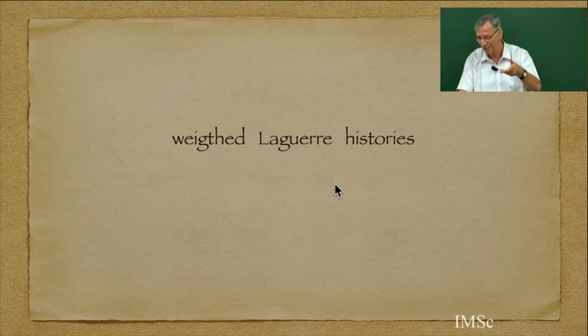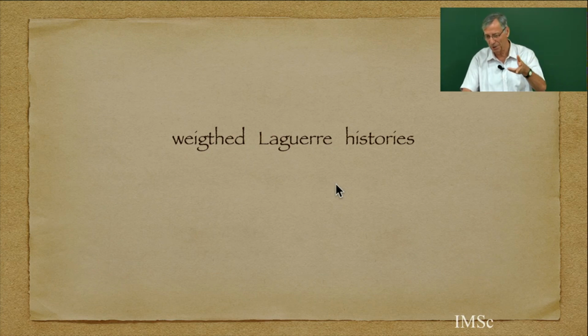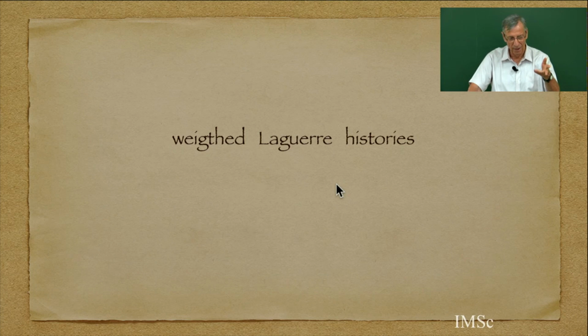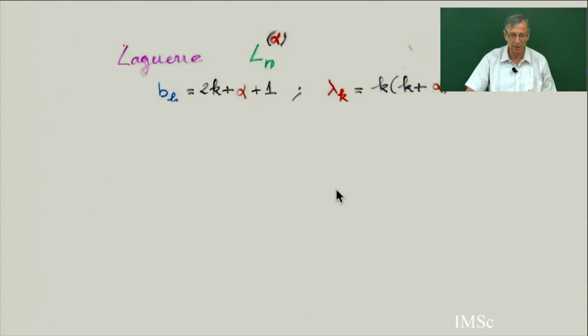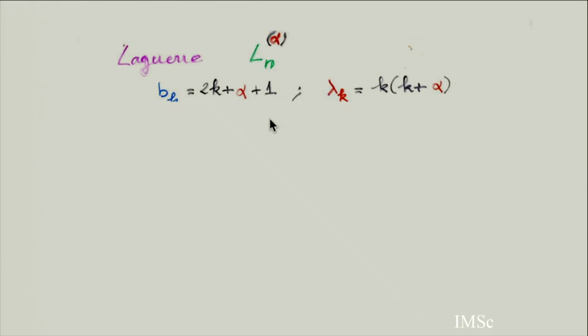There will be Hermite history, Charlier history, for each orthogonal polynomial where the bk are linear and the lambda k quadratic. There is a kind of history. And for each one, it's better to make the name history, which depends on the weighted path, and then to weight the history. So weighted Laguerre history. So the bk is to have the Laguerre, because for Laguerre, we have seen there is a parameter alpha in the Laguerre polynomial. And this parameter alpha is going to be exactly the alpha of the PASEP. In fact, there are alpha and beta in the PASEP. So this parameter alpha, I am going to replace bk by this valuation, lambda k by this one.